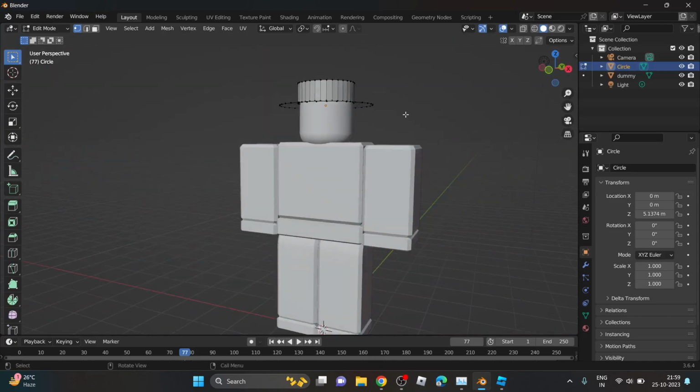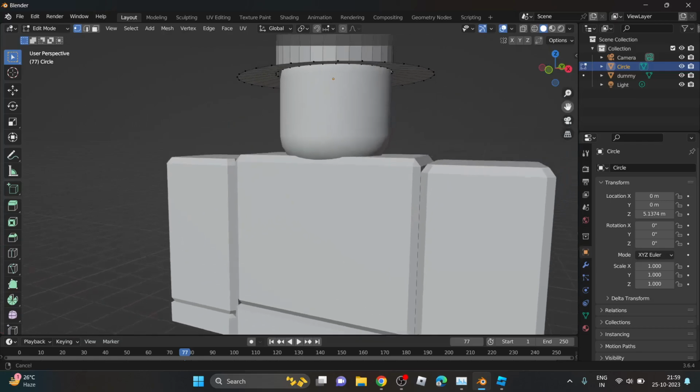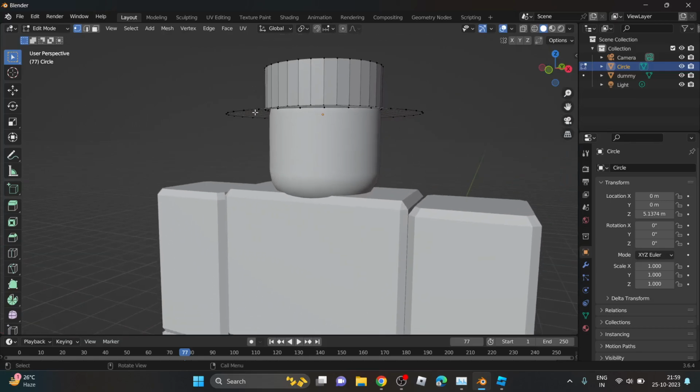Perfect. Now you will notice here the width of the hat is very less, or very thin. So the hat is very thin. And so if you want to increase the width of your hat, what you need to do? You just need to,